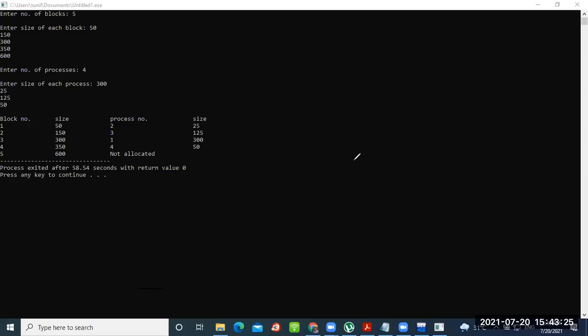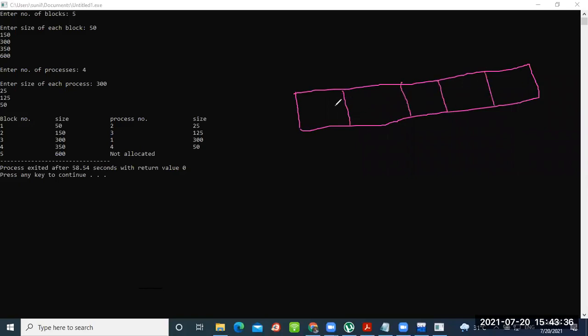This is my memory. How many blocks are there? 5 blocks. In the first block, which process is allocated? Where is process 1 allocated? Which block?